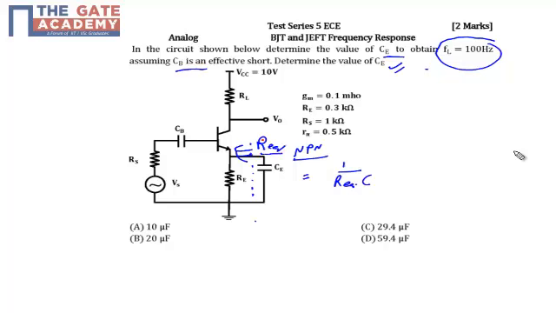So first thing is that we need to find the R equivalent of the circuit, because once we find the R equivalent, then we can multiply with the C, and this will give my frequency, which we know. We know this value 2 pi f. So f is given to us, so we already know this value. Once I can find this R equivalent, then with the help of these two values I can easily evaluate my C. So first of all I need to find the R equivalent.